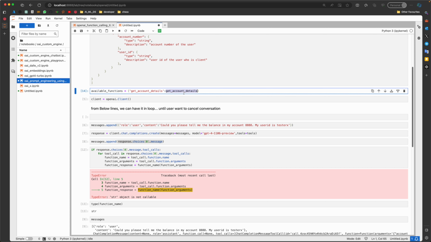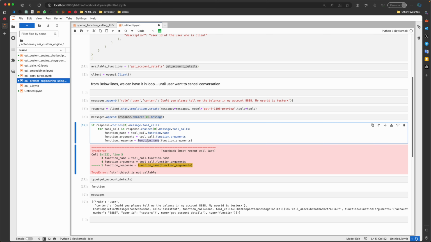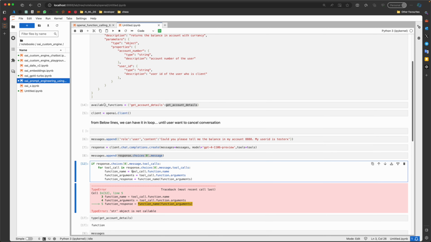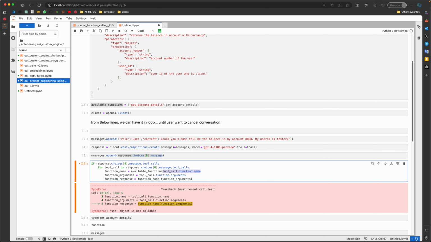And let me see what the type of get account details is, and it should be a function, right? If I pass this one, I get a string, but if I pass this one, it's a function, right? So I want to call a function and not the string. Hopefully the error should go away if I do this particular hack.